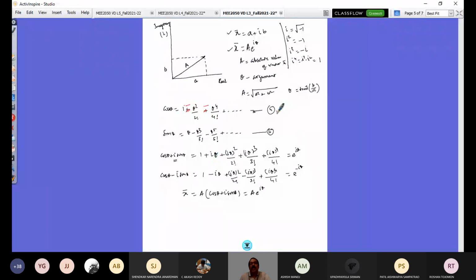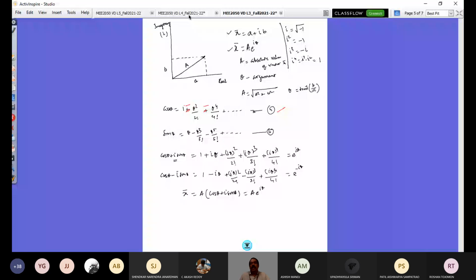So this series, equation 4, cos theta is 1 minus theta squared by 2 factorial plus theta to the power 4 by 4 factorial, whereas sine theta is theta minus theta cubed by 3 factorial and so on. So these two are substituted in this, which would give this. So this is another correction. Otherwise, whatever we have been discussing so far is absolutely fine and correct, and you should not get confused,